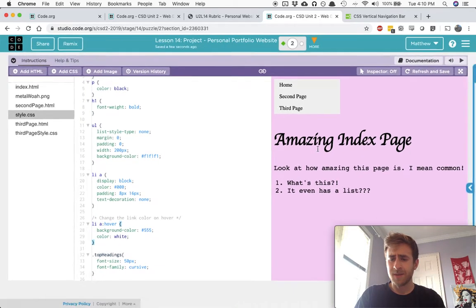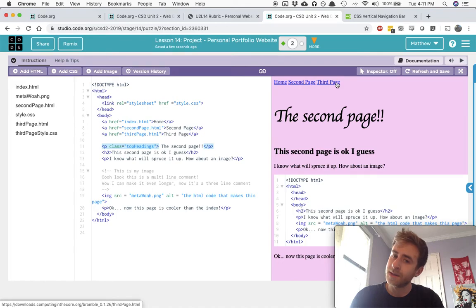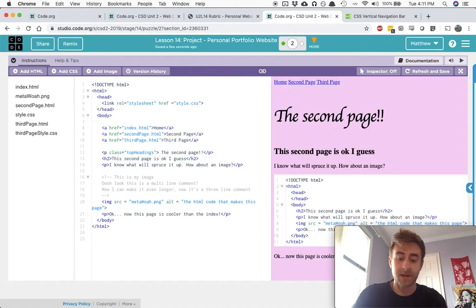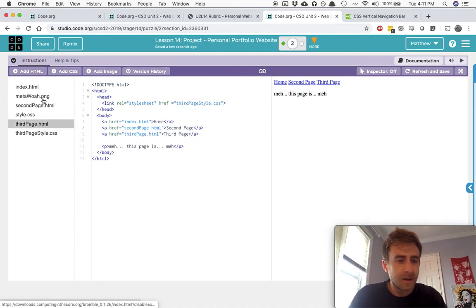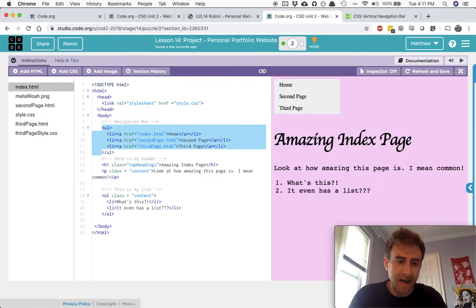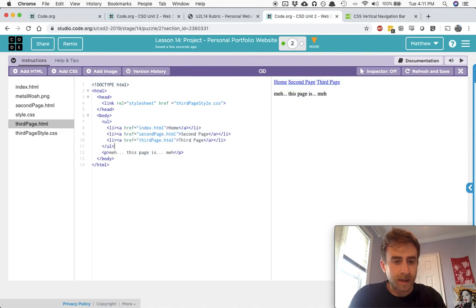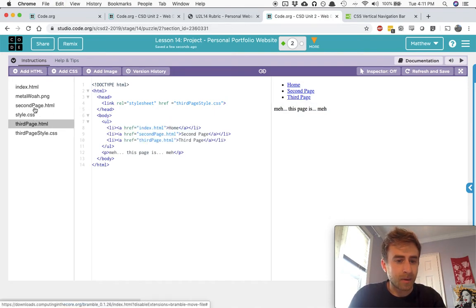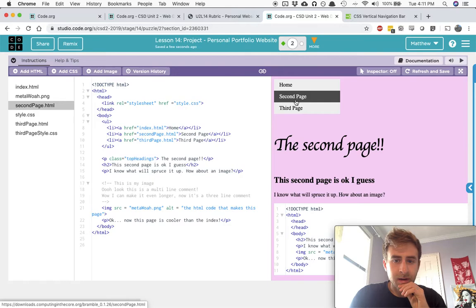I think that was enough of you seeing me be confused and playing around with this, but now my nav bar looking pretty cool, and it should have automatically done it on all of them, but it didn't because I haven't put these inside ULs and LIs. So if I put this inside of an unordered list and make each of these, what am I doing that for? Let's do this. Index.html, copy my nav bar here, and I can pop it down like that, pop it down like that,